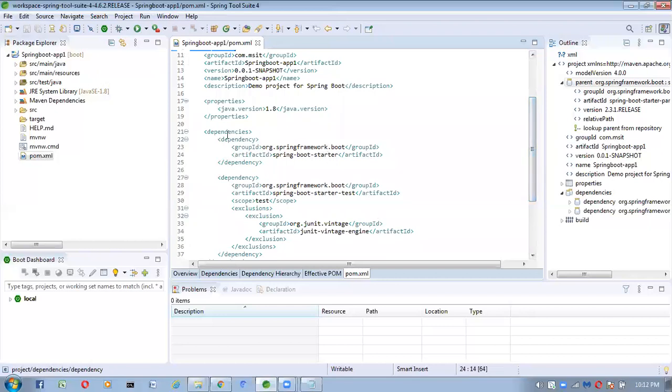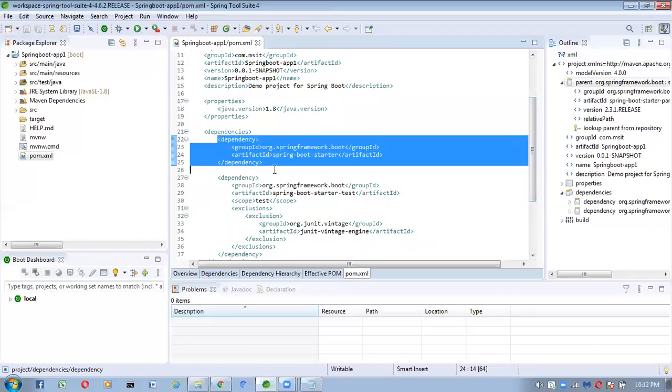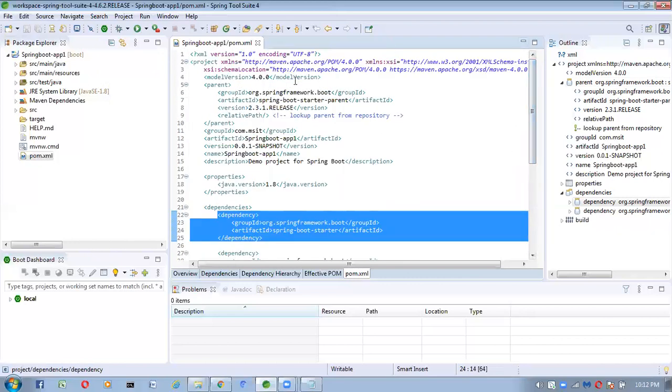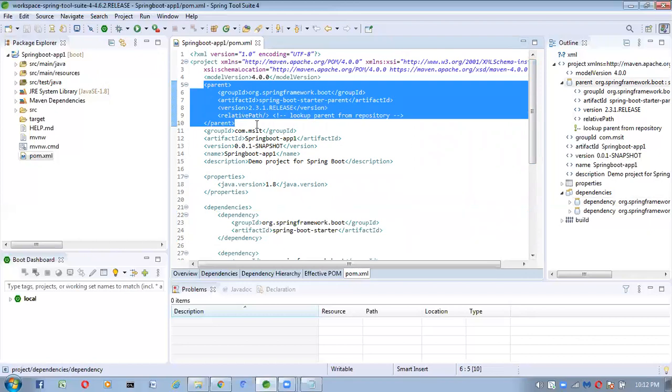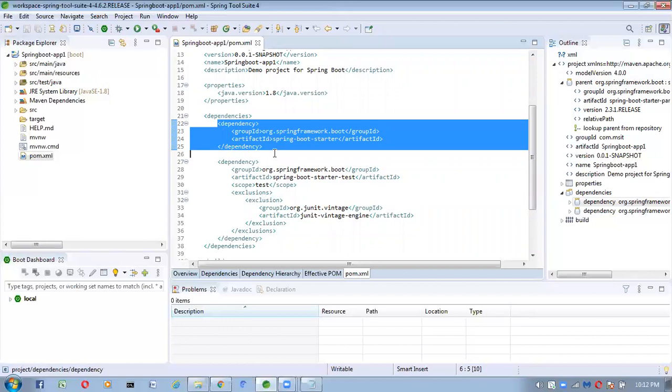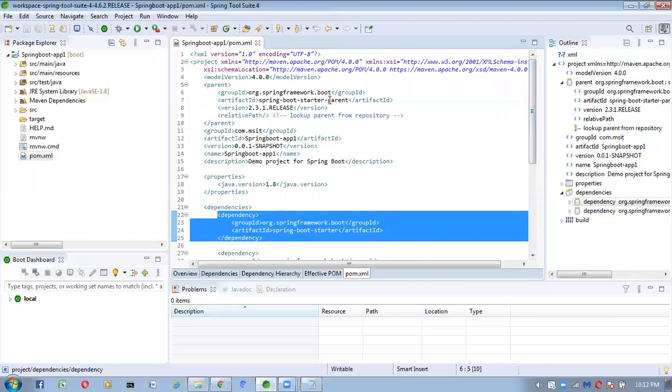Inside the dependencies section we have some more dependencies. All these dependencies are called child dependencies for this parent dependency. Clear? Here inside the pom.xml file, Boot follows parent and child association. Here this starter parent is the parent dependency. Whatever dependencies you configure in the dependencies section become child dependencies for this parent dependency. Understood?